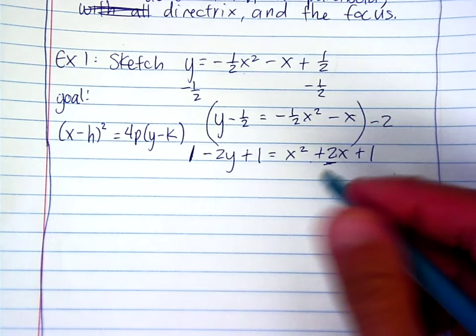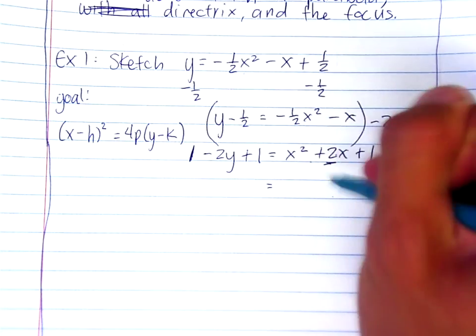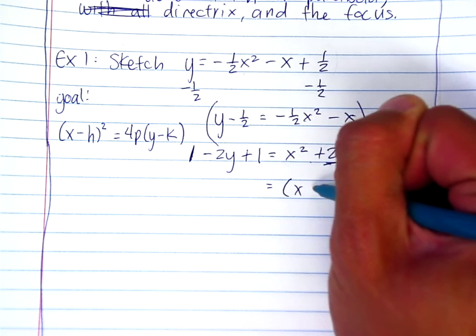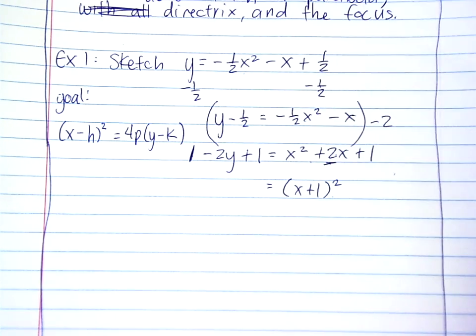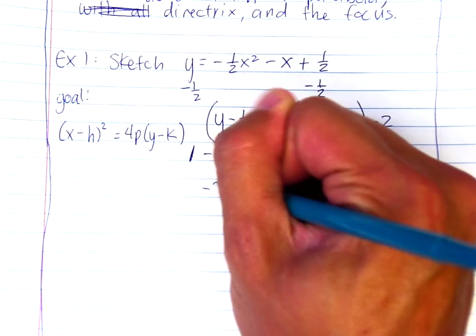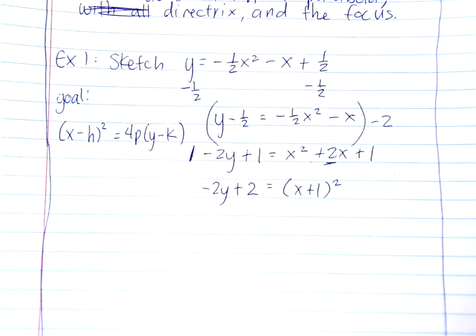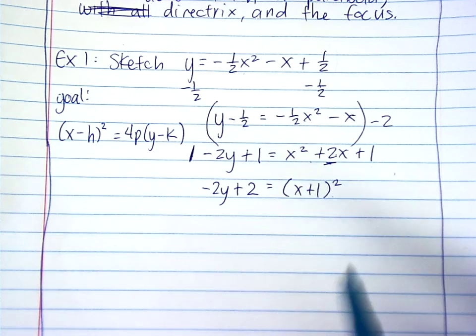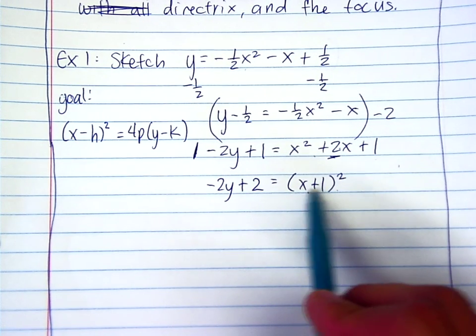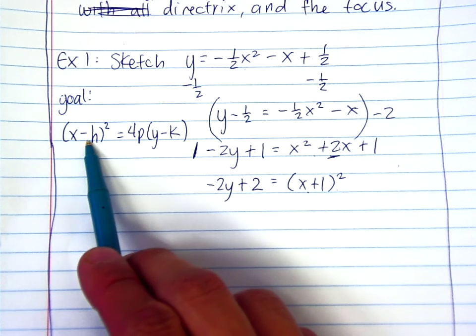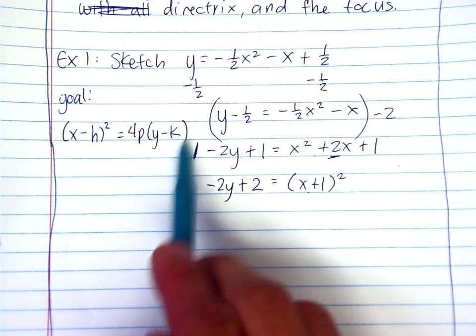Now I'm going to factor. So the right side factors into x plus 1 squared. And then I have negative 2y plus 2. All right, I'm getting closer. I have my binomial right here. Okay, so I just have to somehow make it look like this so I can figure out